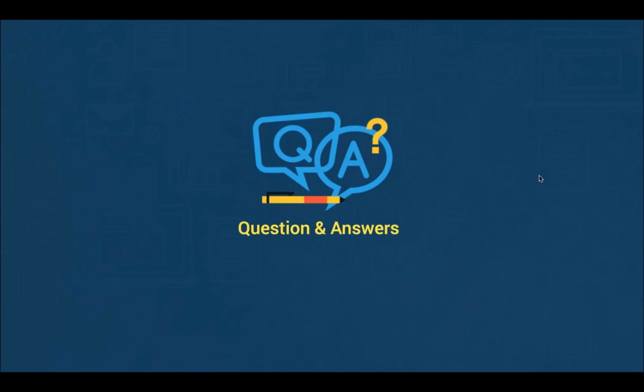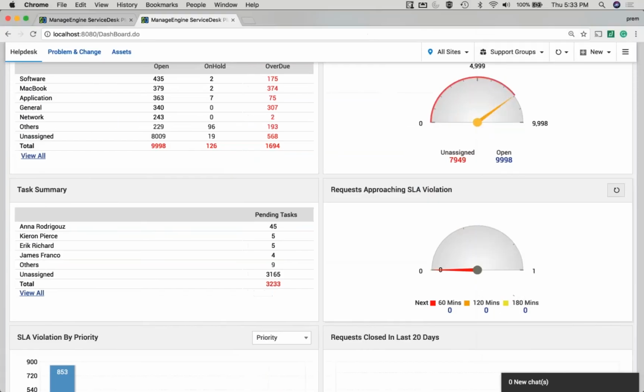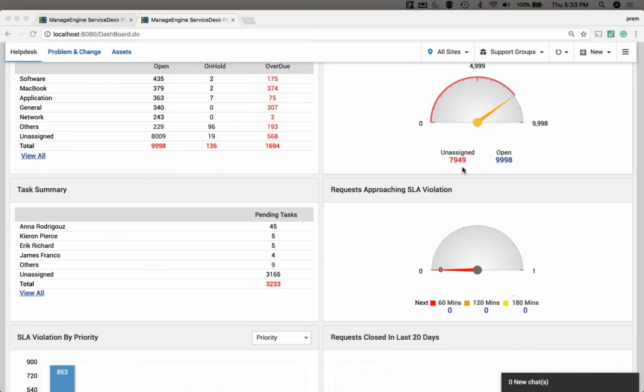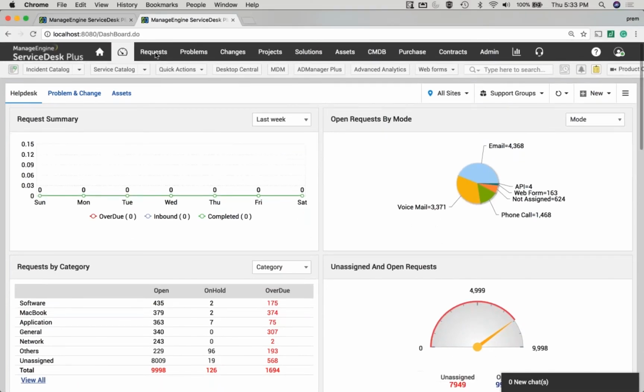Is it possible to get the notes on top, as they are easily missable at the bottom? I definitely understand this point. The reason we have kept the notes at the bottom is because the important details of the tickets are available at the top. However, I would like to show you one more option with which you can know that there are notes available for a ticket. So when you go to a request,